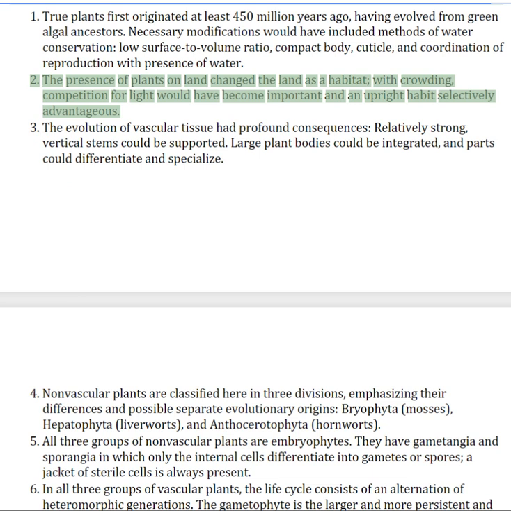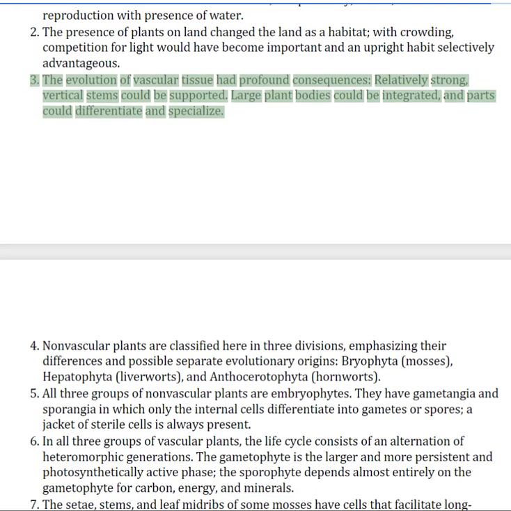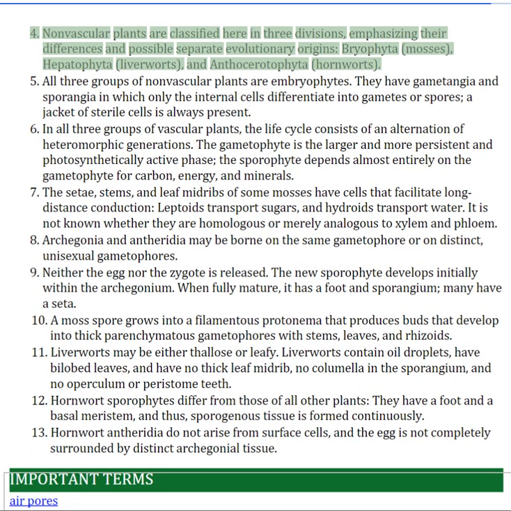With crowding, competition for light would have become important and an upright habit selectively advantageous. 3. The evolution of vascular tissue had profound consequences. Relatively strong, vertical stems could be supported. Large plant bodies could be integrated, and parts could differentiate and specialize. 4. Non-vascular plants are classified here in 3 divisions, emphasizing their differences and possible separate evolutionary origins: Bryophyta, Hepatophyta, and